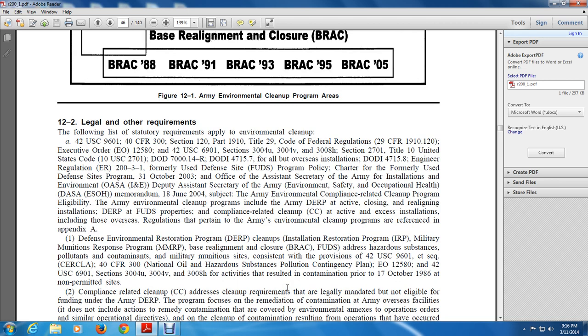based on Base Realignment and Closure, BRAC, and FUDS. They address hazardous substances, pollutants, contaminants, and military munitions at sites consistent with the provisions of 42 U.S. Code 9601, the intent of 40 CFR 300, National Oil and Hazardous Substances Pollution Contingency Plan, Executive Order 12580, 42 U.S. Code 6901, Section 304(u), 304(v), 308(h), and activities that resulted in contamination prior to 17 October 1986 at non-permitted sites. Compliance related to cleanup addresses cleanup requirements as they are legally mandated but not eligible for funding under the